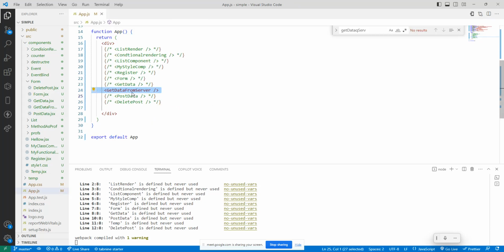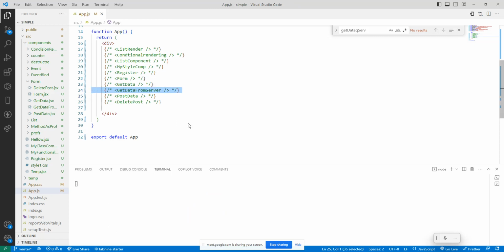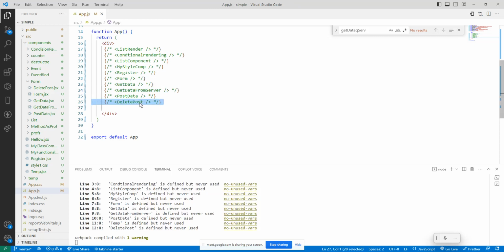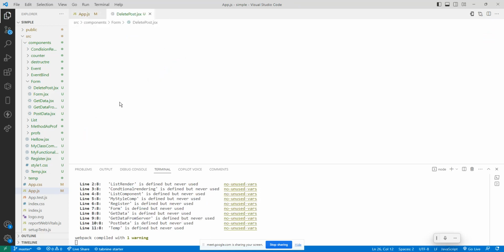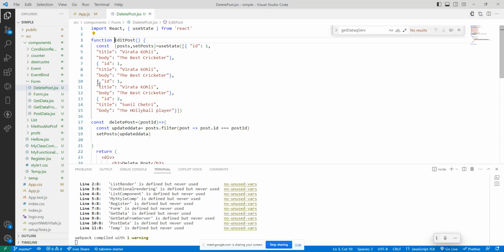Third, what we have done is delete a post. But we don't have a server, so what do we have to do? We have to do it locally. So this is how we have done it. I have taken a post and I have taken some initial values. Here what I will do is just delete this data, or else I will just change